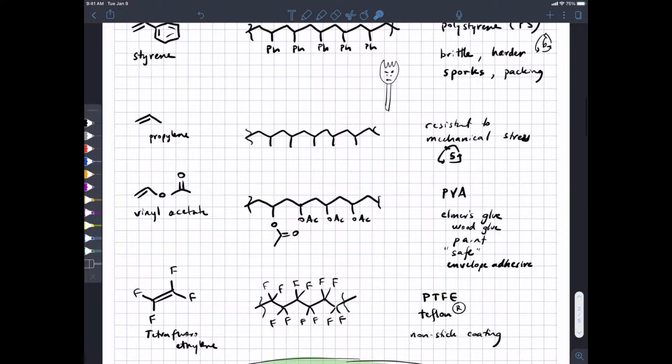Teflon is one that you have definitely encountered before. It's tetrafluoroethylene, and then polymerized. Instead of carbon-hydrogen bonds, you have carbon-fluorine bonds. And carbon-fluorine bonds are interesting. They don't really like to hydrogen bond with water, and they also don't really like to be near hydrocarbons. So Teflon's an interesting polymer because water beads up on a Teflon surface, but so does oil and grease. At least it does until you scrape it off your pan into your food, and then your pan starts to